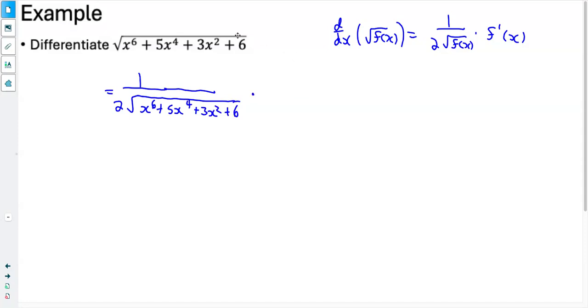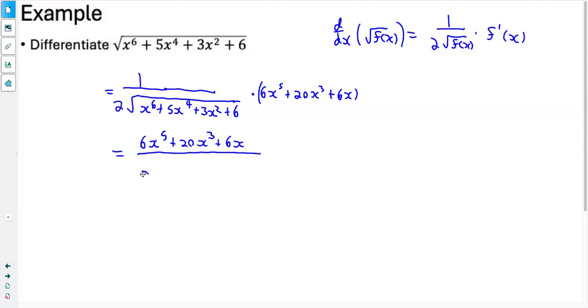And then that's times our derivative of what was inside. So that's going to be 6x to the power of 5. Moving that out front gives us plus 20x cubed. Moving this gives us plus 6x. And then we will move this to our numerator. So we've got equals 6x to the power of 5 plus 20x cubed plus 6x